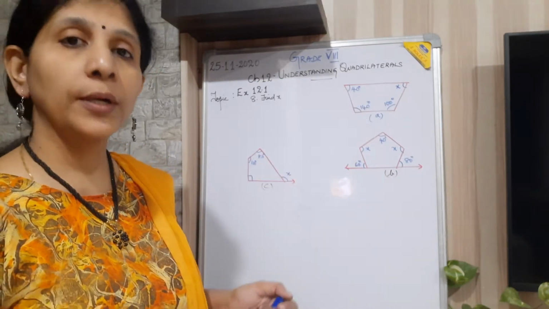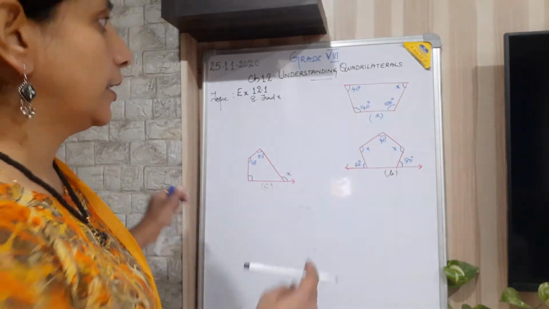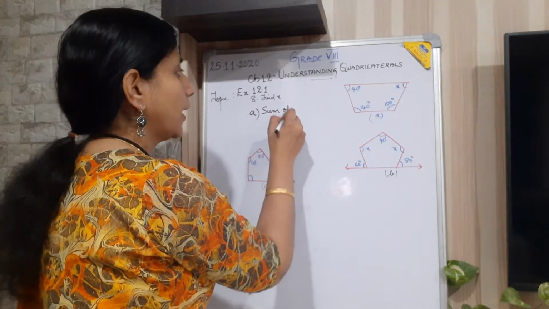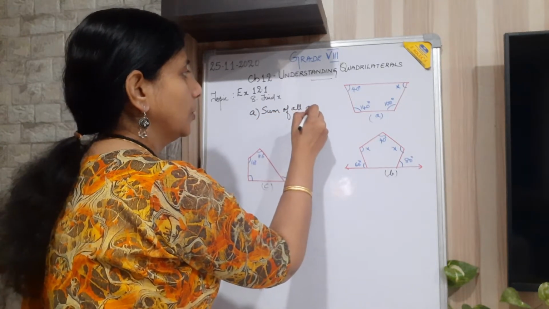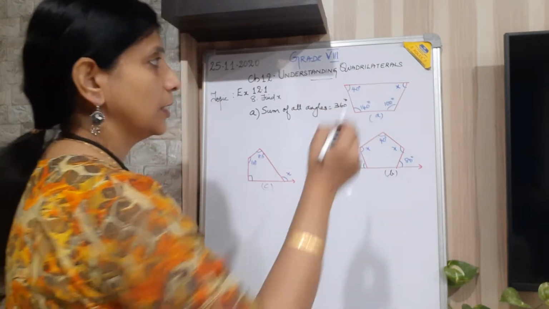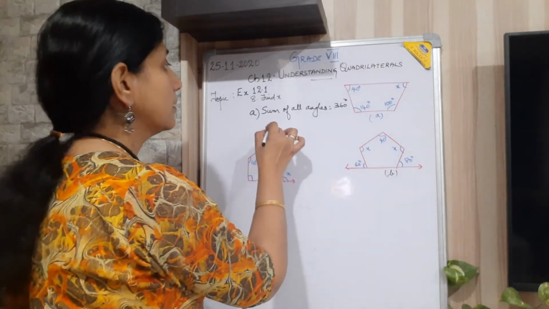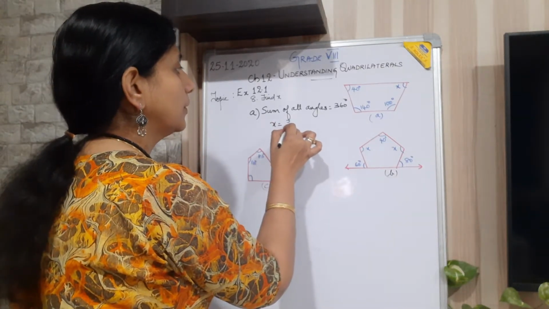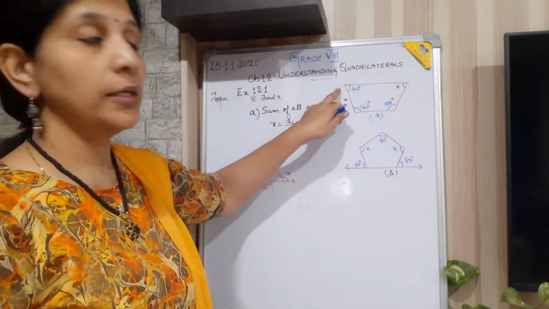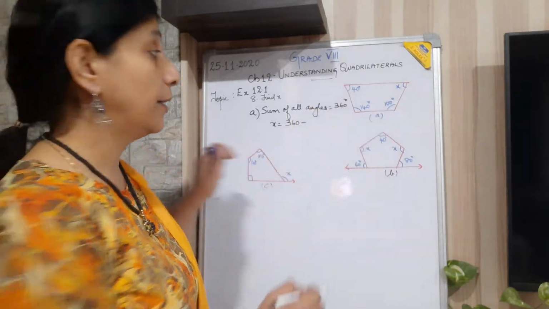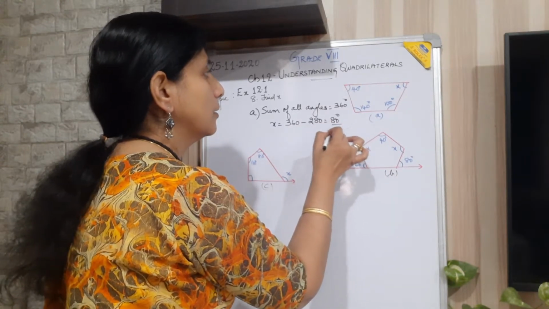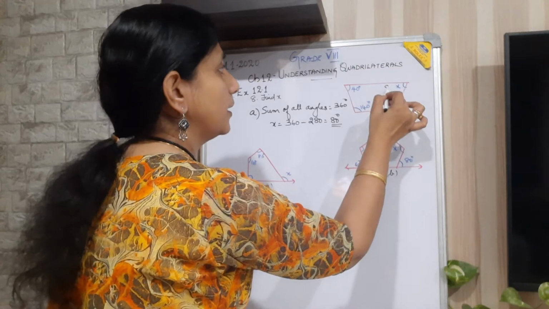It's a quadrilateral. So angle sum property is, for a quadrilateral the sum of all angles is 360. Okay, so here you have to find out x. So what will be x? X is equal to 360 minus, you add up this one, 140 plus 40, it is 180, 180 plus 100, it is 280, that is 80 degree. So you got x as 80 degree.